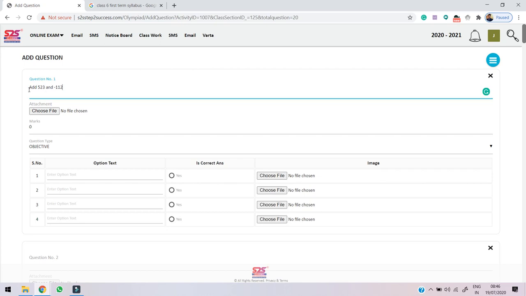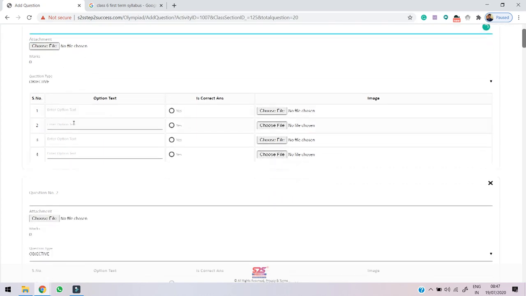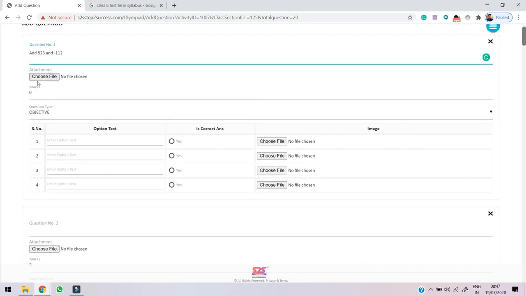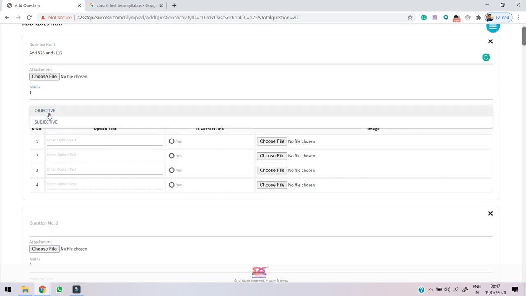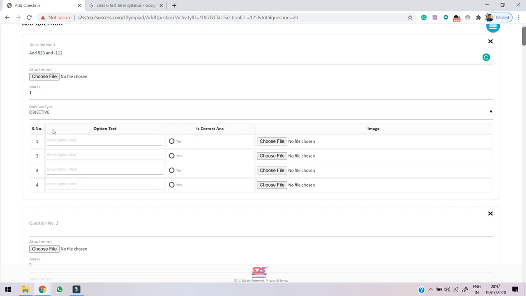Okay, so I've just given a question here, and the next part is you have to give its marks. Suppose this is a question of 1 mark, so I'm writing 1 here. Then next is what type of question it is. There are two types possible, one is objective, the other is subjective. Suppose this question is of objective type, so I'm selecting objective.